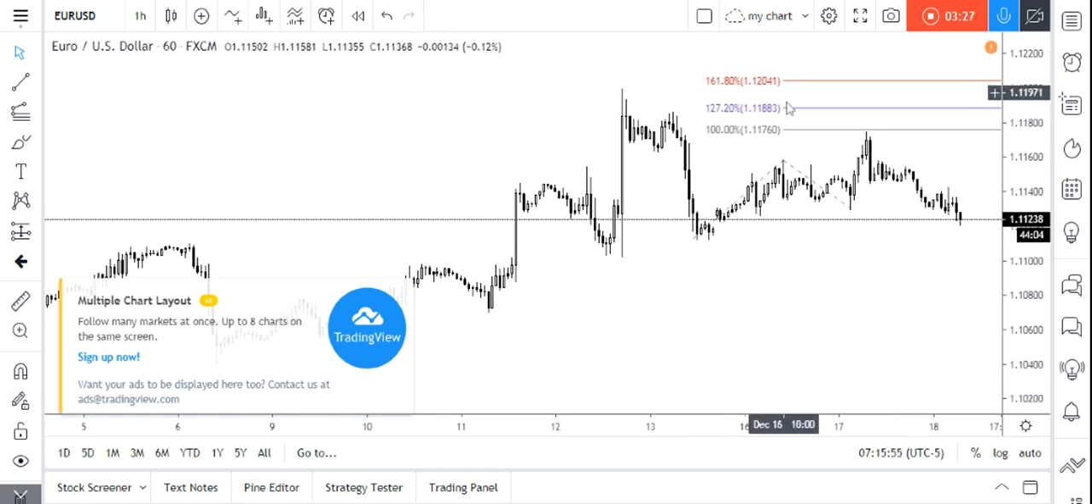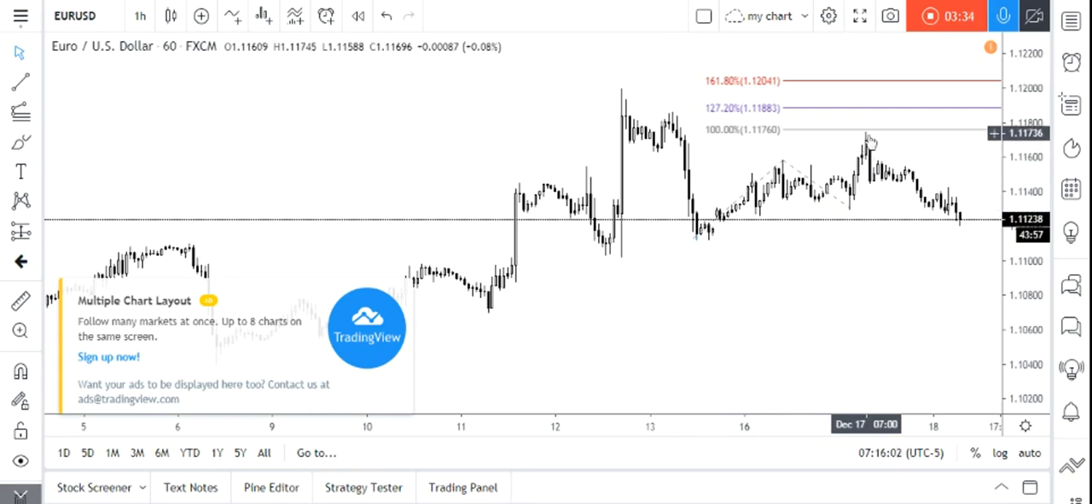1.1760 was almost touched. The high of this candle was 1.1745, so this has almost completed the ABCD. But the only problem with this pattern was the speed of the CD leg. The CD leg from this point to this point was faster than the AB leg, so it didn't seem like a retracement, and it looked like it was going to retest the previous high around